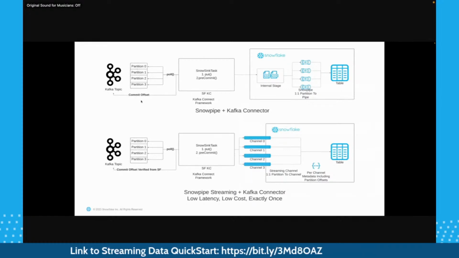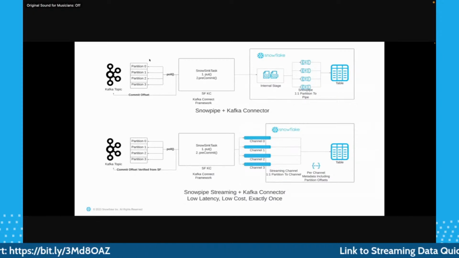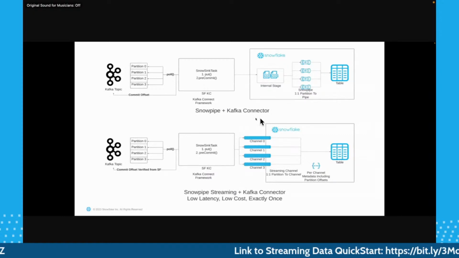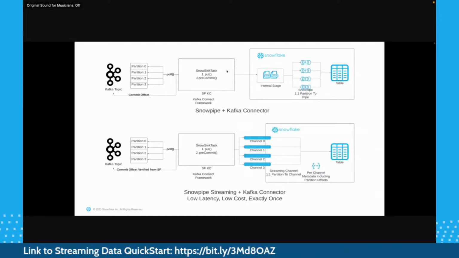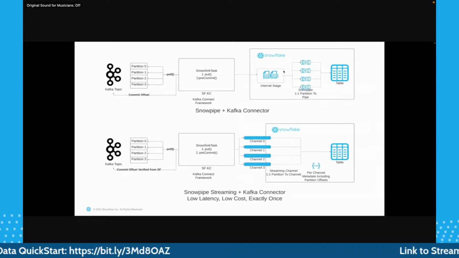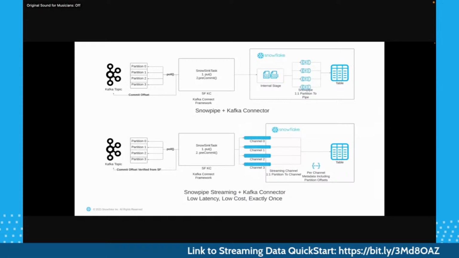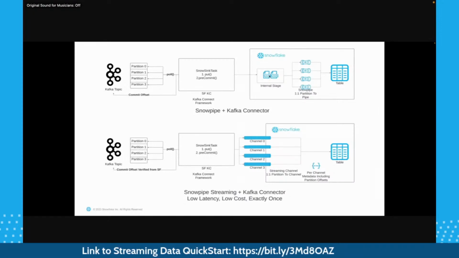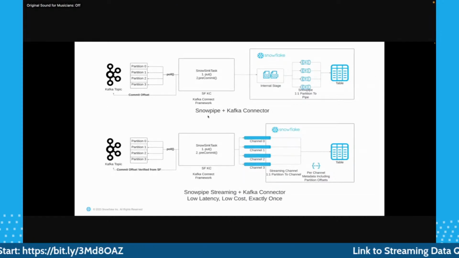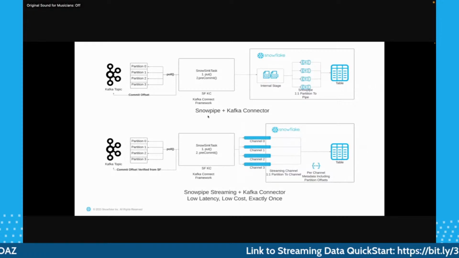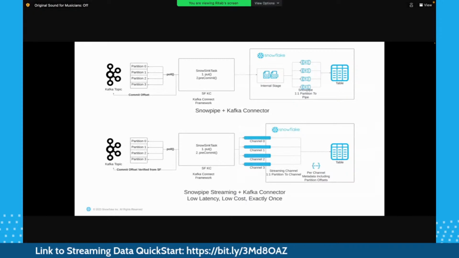So what it means is, on your Kafka, if you have multiple partitions on a particular topic, and you are moving the data from all those topics to your target table, the Kafka connector listens to all these partitions and creates very small files, maybe in KBs, for each of these partitions in an internal stage, and from there Snowpipe picks it up. So the Kafka connector internally uses Snowpipe. While this was great, we were not able to address the near real-time requirements which some of the customers had.